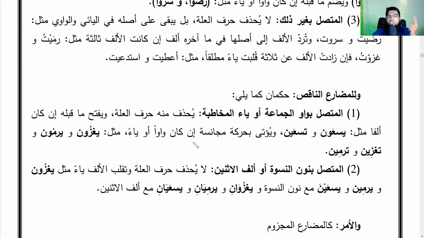Then we have the mudari that is attached to wawul jama or ya'ul mukhataba. Here it is wawul jama and ya'ul mukhataba now. There it was ta'ut tanith. Here, ya'ul mukhataba, anti. When you do the conjugation of anti, delete it again. And if it's a fatha, keep it fatha. If it is other than that, you have to put dhamma or kasra, like tadhabina, you'll put a kasra. The general rule is that it should be a kasra with ya'ul mukhataba. But now you leave it like that, inshallah. And for nisfa aliful isnain, the dual alif,